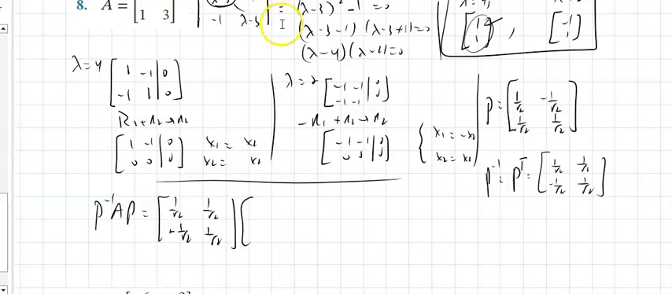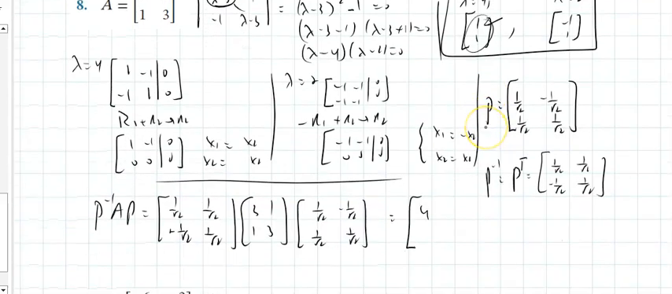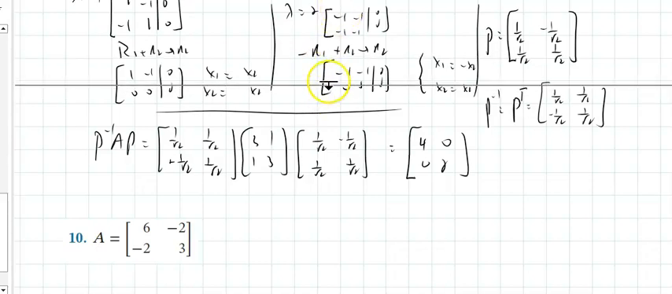A was 3, 1, 1, 3, and P happened to be 1 over radical 2, negative 1 over radical 2, 1 over radical 2, and 1 over radical 2. And if I multiply those out, what should I get? Since I put them in that order, I should get 4, 0, 0, 2. Let's make sure we get that now. We're certain that's going to work, assuming we didn't make any mistakes. But to check the work again,